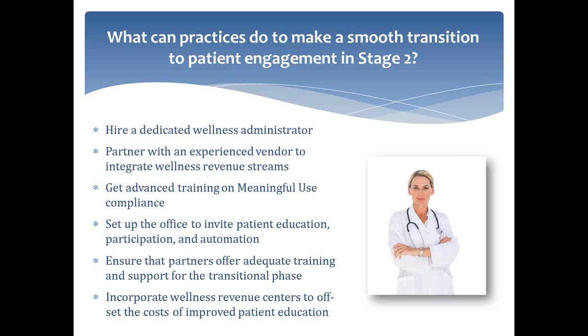So there's ways to utilize just a couple of additional support staff to increase practice revenue and comply with everything that's coming down the pike to build a robust and profitable practice. They can partner with experienced vendors to integrate wellness revenue streams, get a practice analysis to identify what areas of their practice they have opportunity for better patient outcomes and more